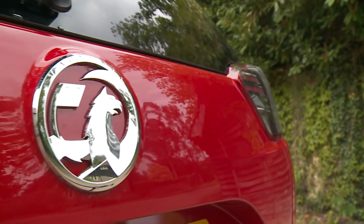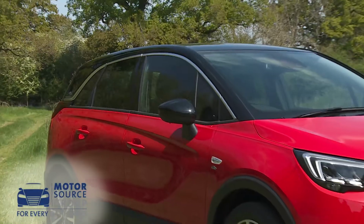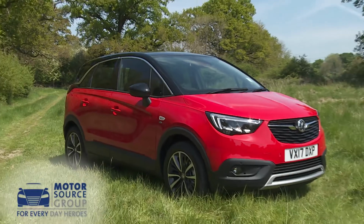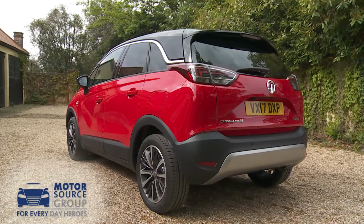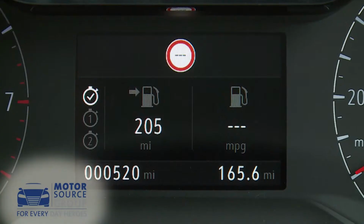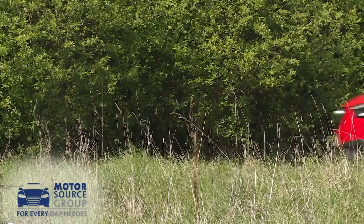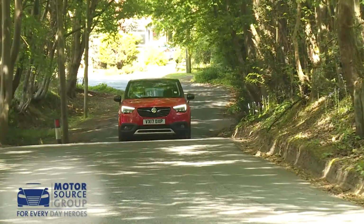Vauxhall is getting serious about every area of the small SUV sector. Proof of that is delivered by this, its smallest offering, the Crossland X. It's compact yet surprisingly spacious, as well as being fashionable to look at and efficient to run. There's no pretense at off-road capability, but in all the areas that really matter, this car looks to be a